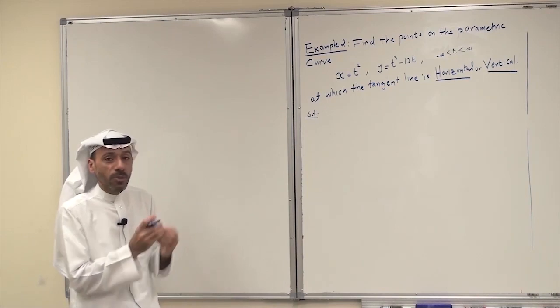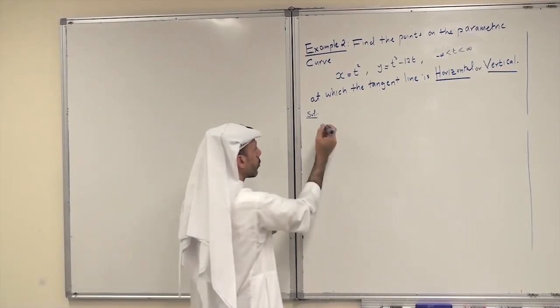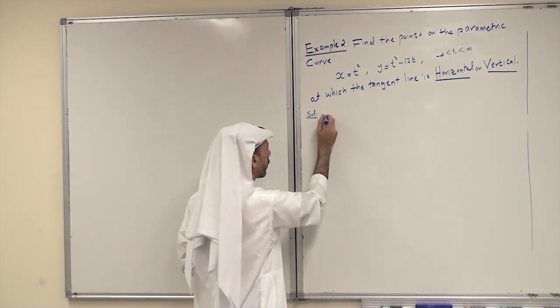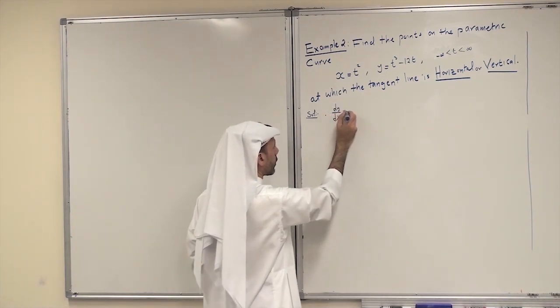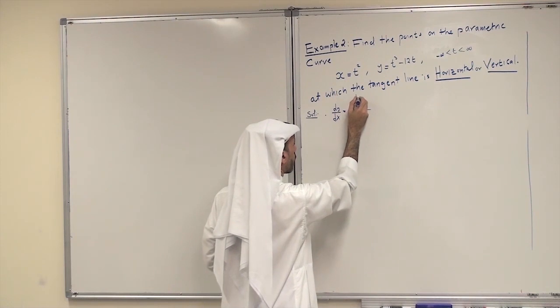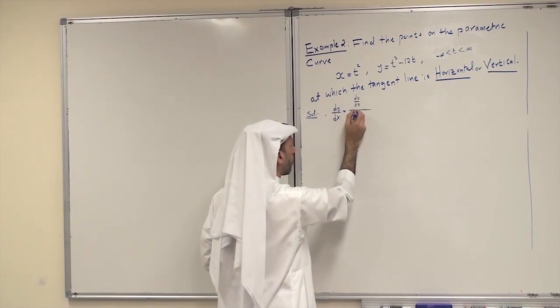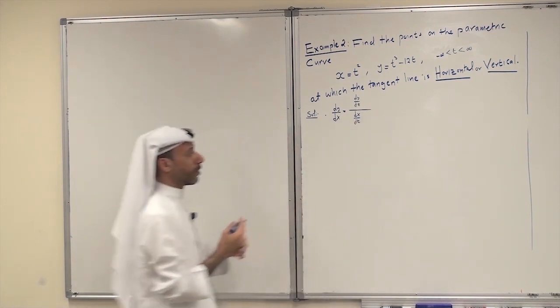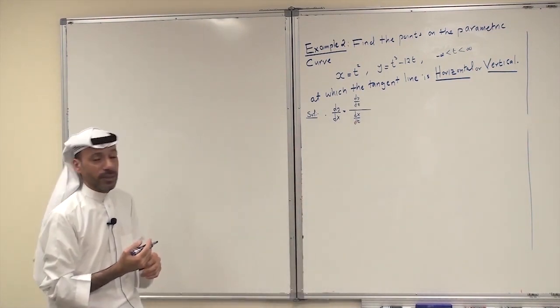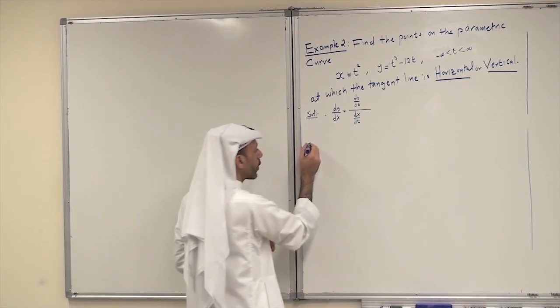How to find the slope? We have to find the derivative. So this is the derivative, dy/dx, and it is given by dy/dt over dx/dt. This is the general formula for the derivative. Now for the horizontal,